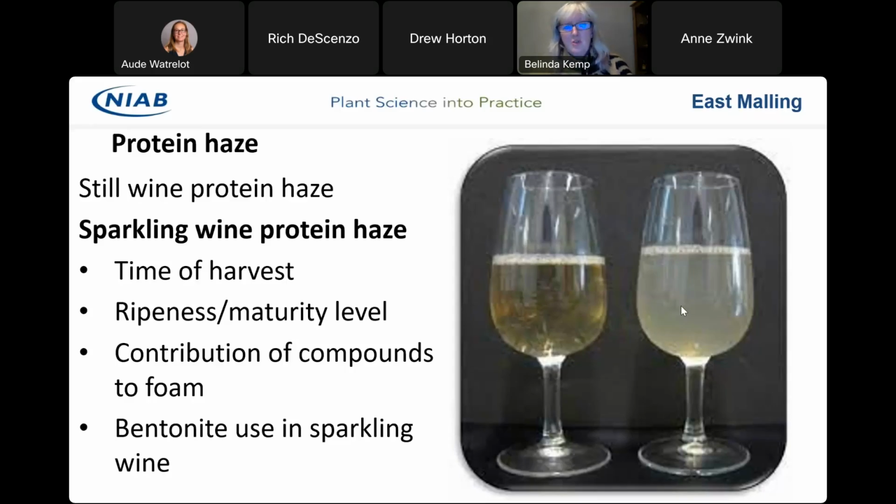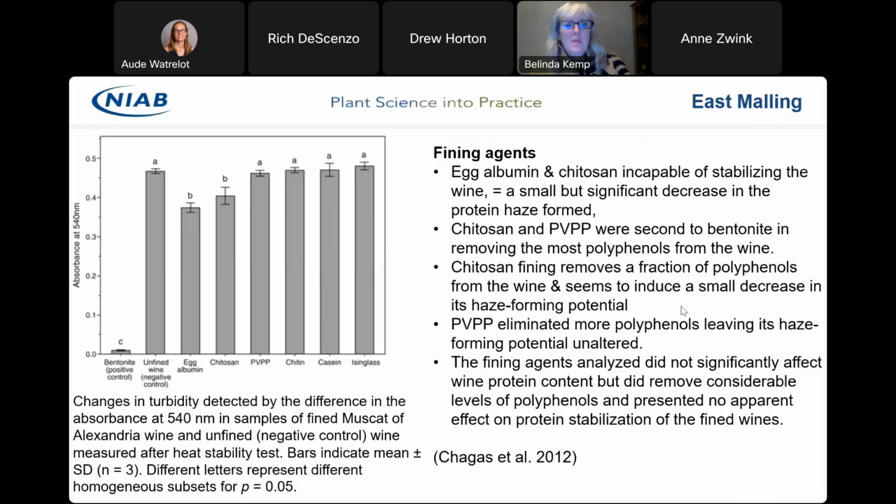So we use a lot of bentonite in sparkling. I should say we shouldn't use a lot, but it does seem to get used in many places. Hopefully not where you guys are, and I'll explain why. This graph is not from sparkling wine, but I found it very interesting for the number of products that they used. Obviously no bentonite. The bentonite was the positive control that removed the grape proteins in this study. This is going back to 2012. And of course, the unfined ones had loads still. But if you look along all the treatments that they used, albumin, chitosan, PVPP, chitin, casein, isinglass,